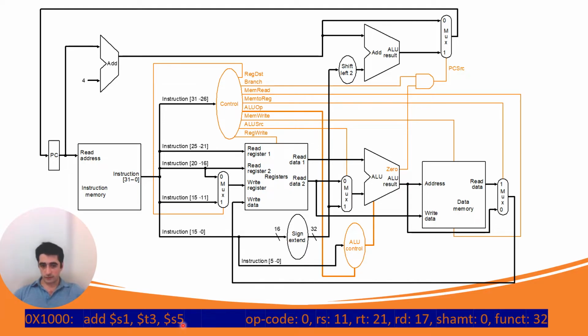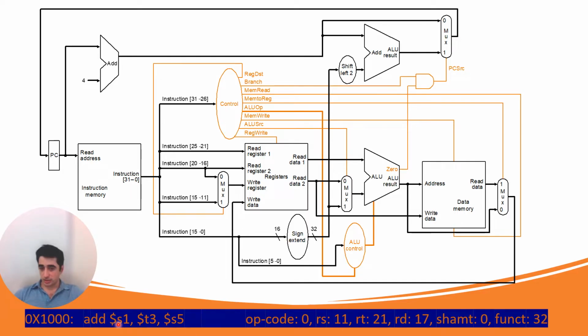For the sake of simplicity, I have written the opcode for this instruction, which is 0, the RS, which is T3, at index 11 of the register file, RT, or the second source register, S5, which is at index 25 of the register file, and RD, which is